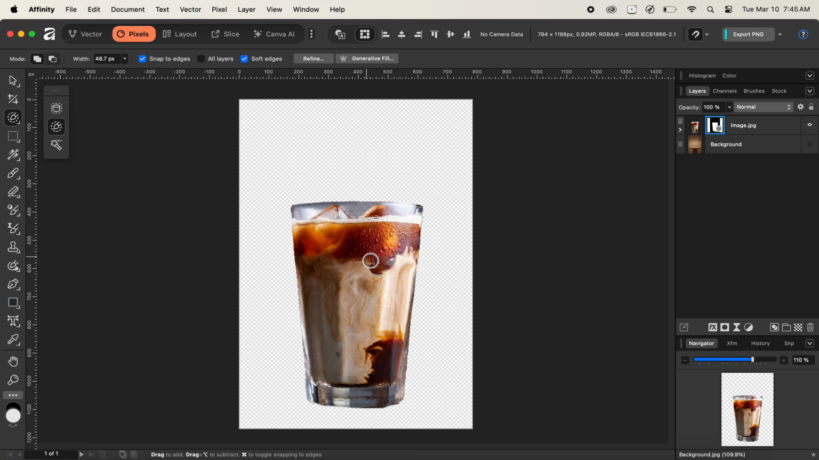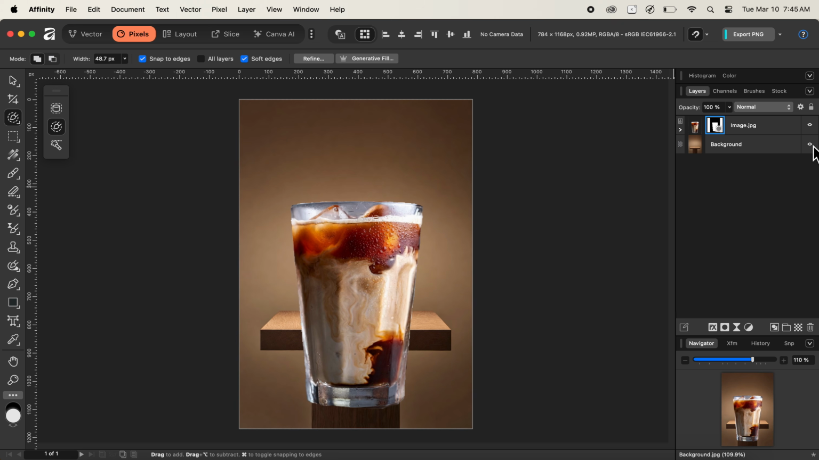Now the next thing that we can do is I have a background layer as well beneath our actual subject, which is the coffee cup layer. So I'll simply toggle the visibility of the background layer on. After toggling the visibility of the background layer on, now let us select the image layer again and then choose